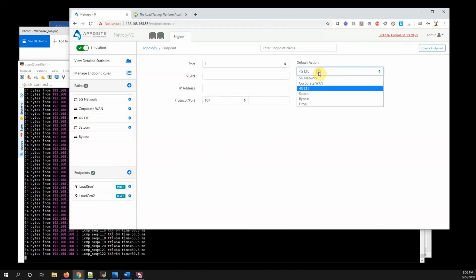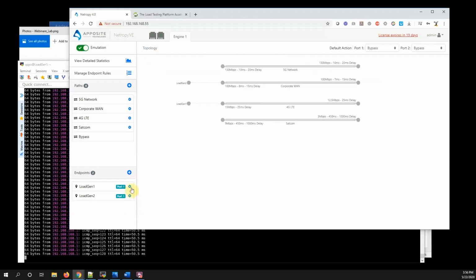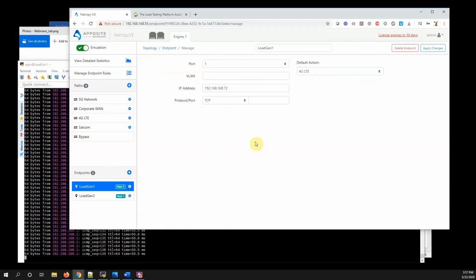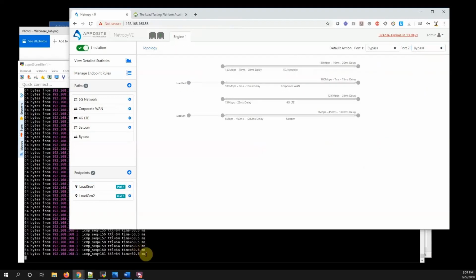And the reason why I'm going to such extremes is, you don't have to be confined to just Wi-Fi services. I can also do T1s, and this doesn't have to emulate cell phone. We can emulate SD-WANs. We can emulate a terrestrial line over the Pacific Ocean, maybe San Francisco to Tokyo or something like that. I just happen to be using a lot of wireless examples here. So I'm going to choose the SATCOM. I'm going to apply this change, and now let's take a look at our ping time down here.